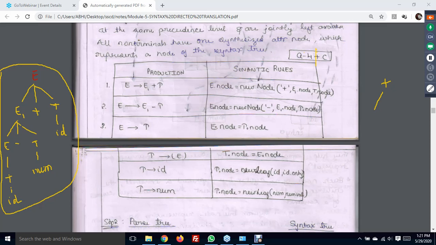So left child of plus is E1 dot node. E1 dot node has left child of minus. So again minus I give. So I come back to this particular node. Right hand side I have what? T dot node. Where do I have T dot node? T dot node is giving me E dot node again, right? So E dot node is basically